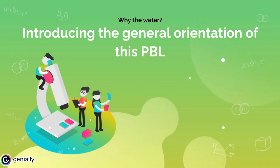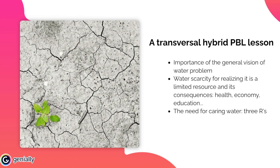It is important to note that this PBL lesson has a general orientation that makes it different from other proposals. Why talking about water and why making it a primary school? This will be the original point for this PBL. There are lots of proposals about sound filtration on the web. Why is this different? We are dealing, as teachers, with a first-order global problem: water scarcity and its consequences in